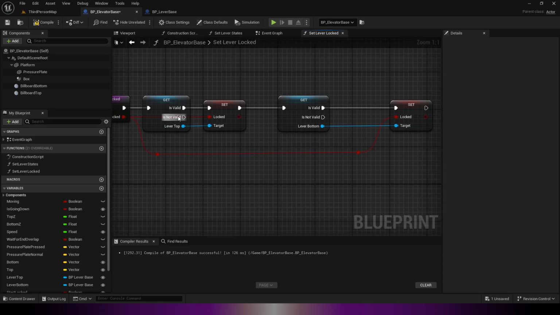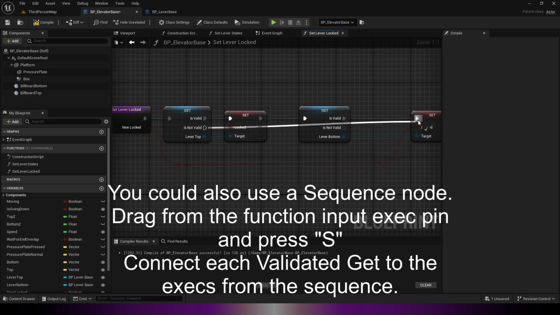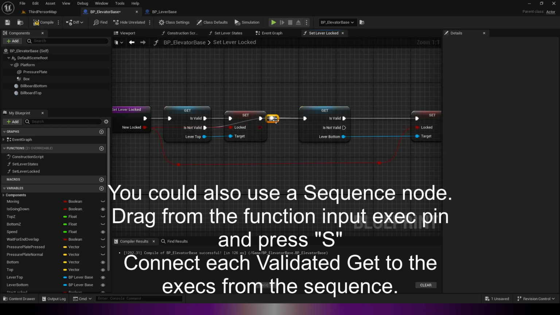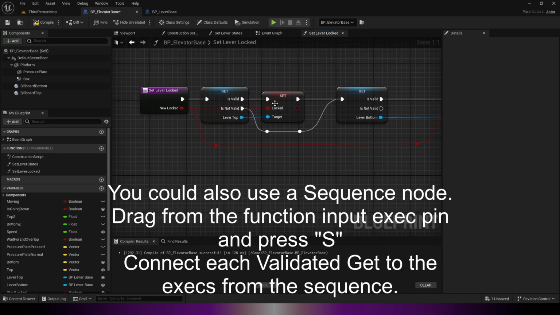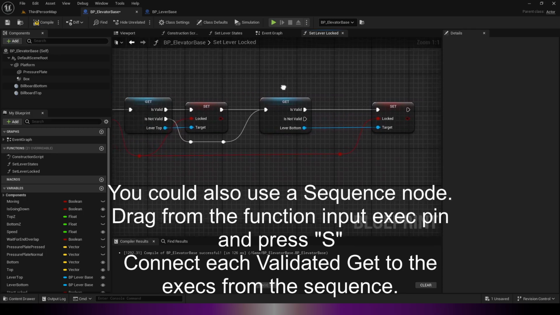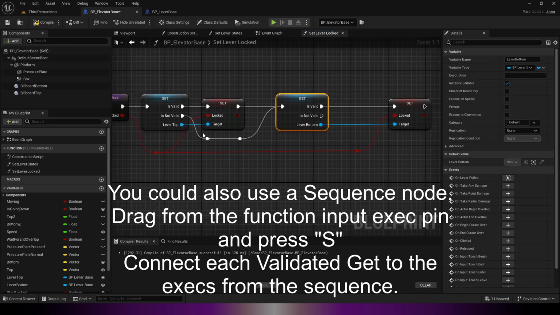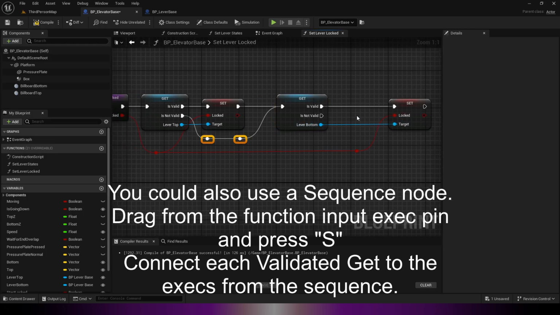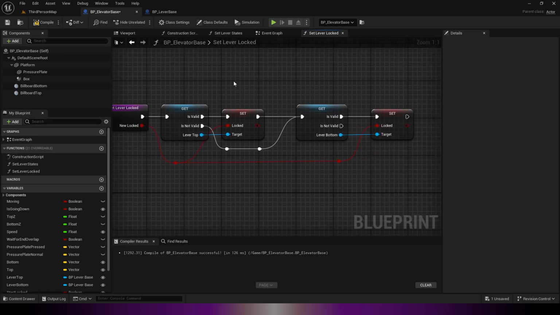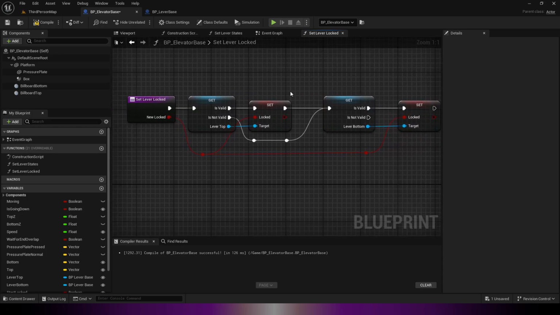And drag off from is valid. Now we need to connect this up here as well. Oh, not there. Connect the first invalid to the next validity check, because if we don't, then it will skip the second check as well if the first is not valid. So let's say you only have one lever and that happens to be the bottom one, then unless you do this, it wouldn't even be checked unless you have a top one as well, which is kind of pointless. So instead we check the validity of both of them and make sure we don't skip them,